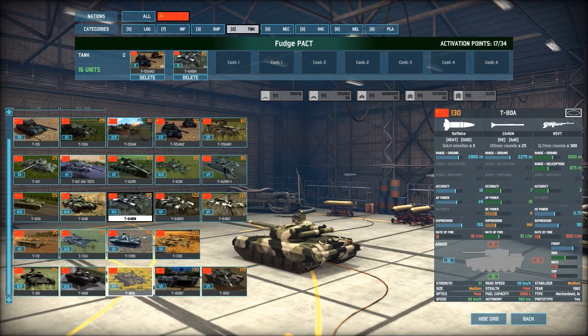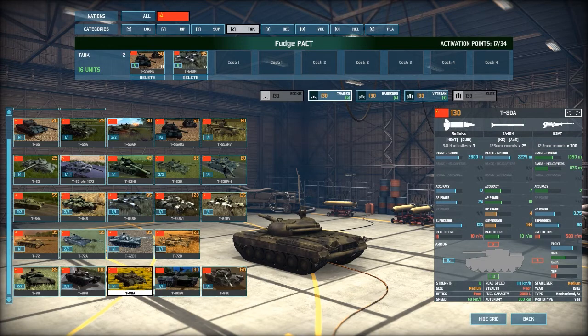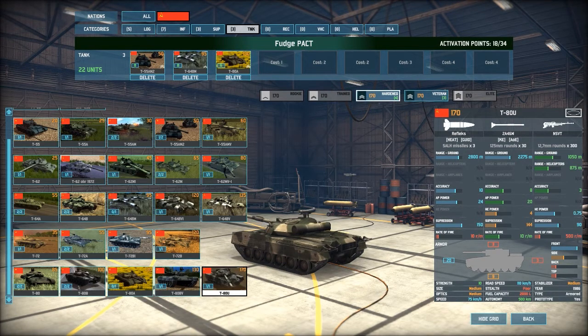And then I got to top it off with the T-80A, it's a must, reflex missile at 130 points. Can't beat that. Definitely not. And I mean, go T-80U with it. Obviously, you got to go with the T-80U as well. Can't beat it. Okay,